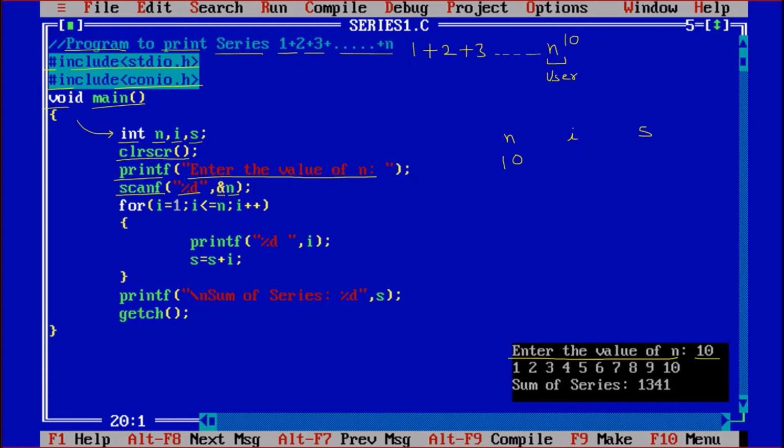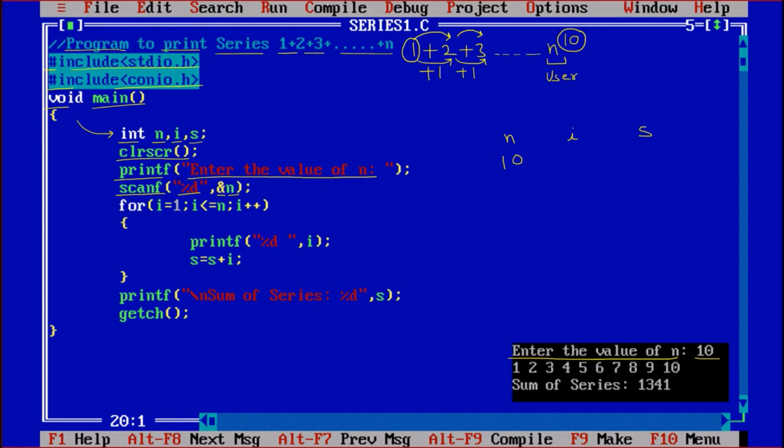Now for running the loop we have to know the starting value. We know that the start value, that is called the initialization, is 1. End value, we know that is 10, or we can say n. The n is entered by the user. And we know increment or decrement. So to find the increment or decrement, we will see the next value. You see that the next value is 2, then further is 3, and so on. That means the increment is plus 1. Again, increment here is plus 1. So between 1 and 2 increment is 1, 2 and 3 increment is 1. So we know that we have to increment by 1.